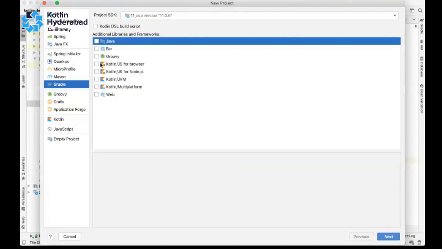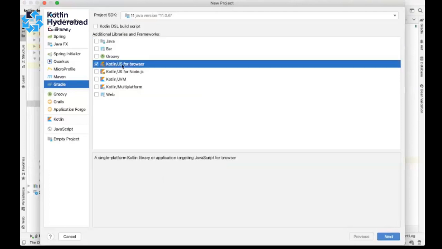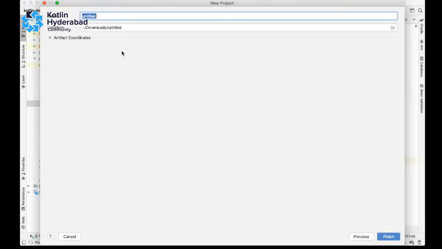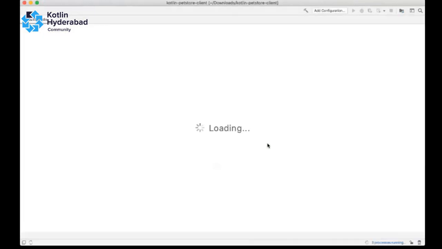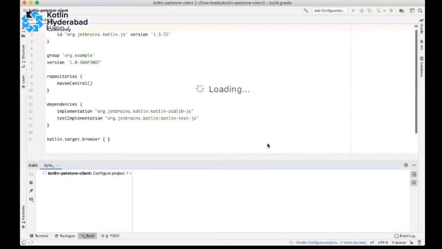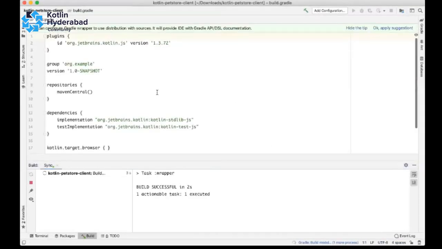So if you are using IntelliJ, it is already giving all the options. You just choose the Kotlin JS option.